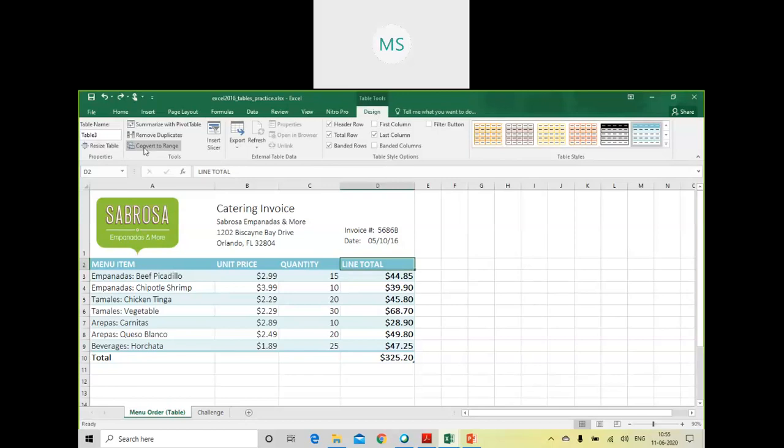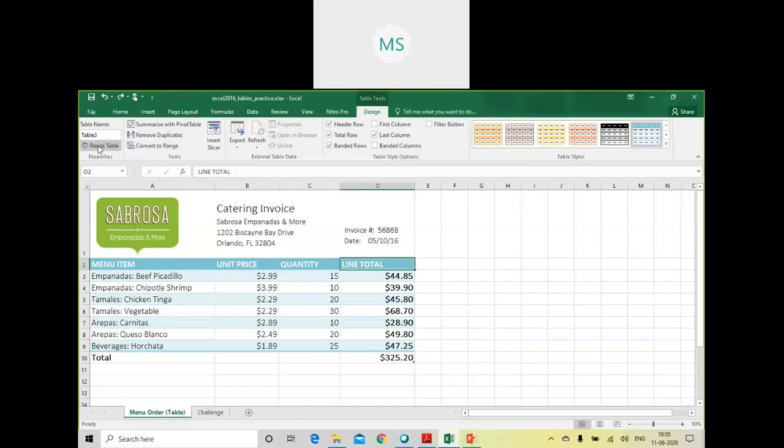from it. But also one more thing, apart from removing the table, whatever formatting was provided while creating a table, that format will remain there. Those color themes will remain there. Only the table part of the entire selection will be removed.